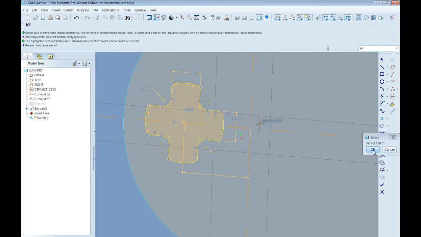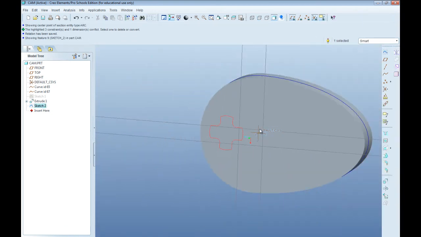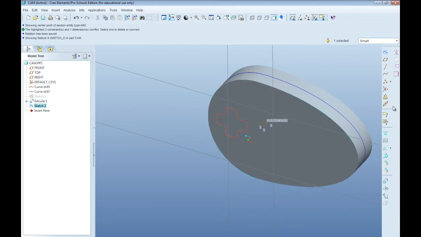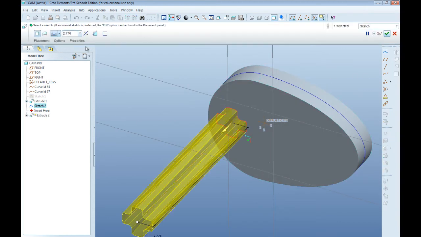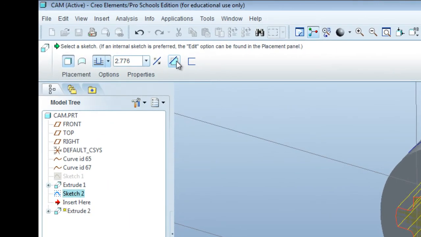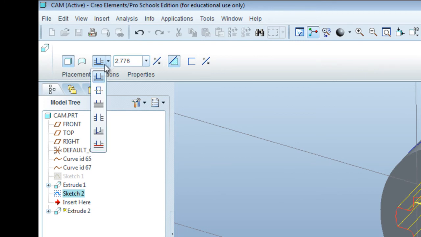So we can go ahead and click OK, and then it'll be done. So we'll click the check mark. So now we're back to extrude. Face the direction. Click the remove material icon, and we will select. So here's a new one. This is the